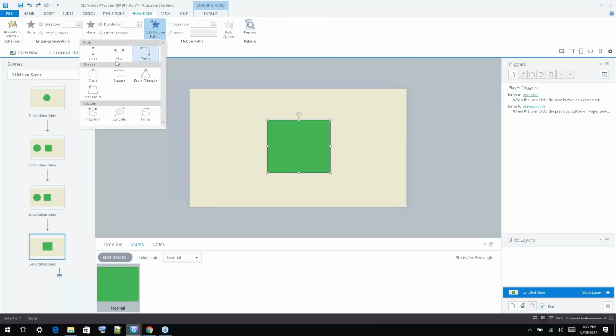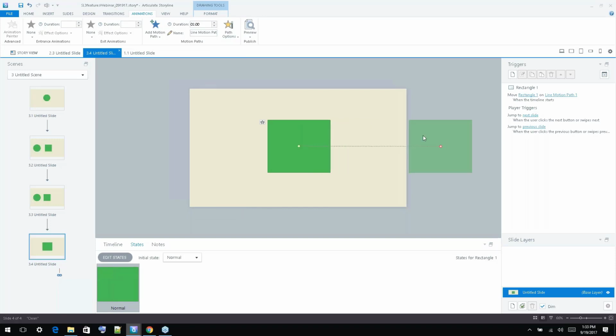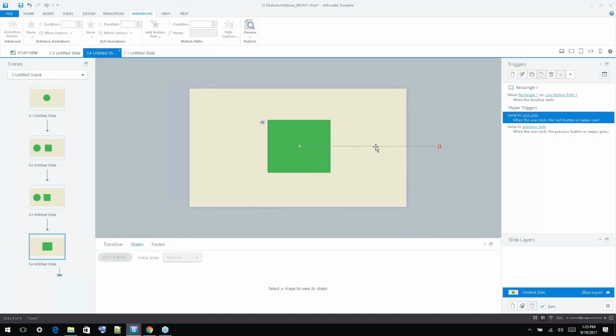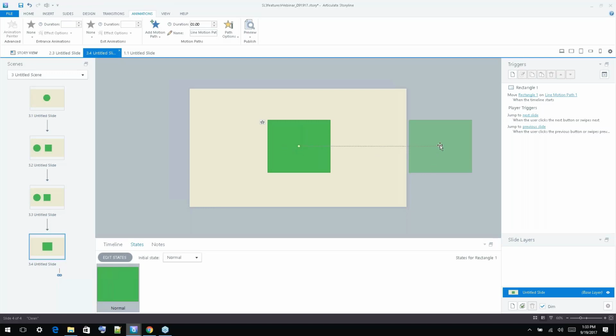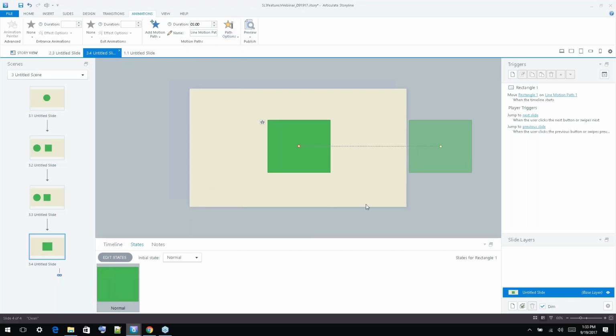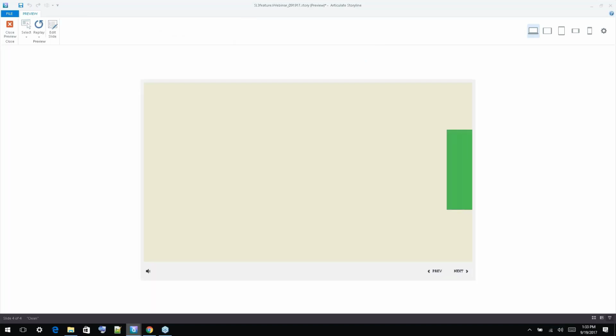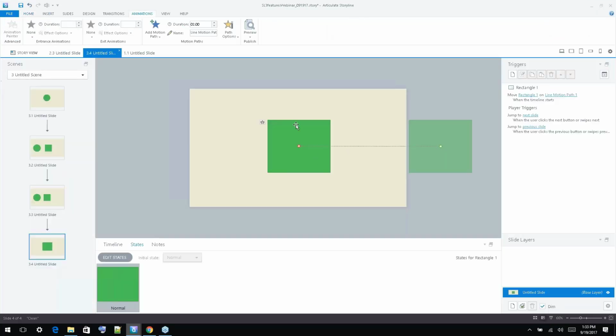So we click our object, add a motion path, make it a shape going right. We want it to start out over here and end up over here. You'll notice that you've got a green dot and a red dot. It's your starting position and your ending position of this motion path. If you want to reverse that, you can click Path Options and then go down to Reverse Path Direction. And then with one click, you end up with this, which is an animation, your object placed in the final resting position, and then you've got a reverse animation